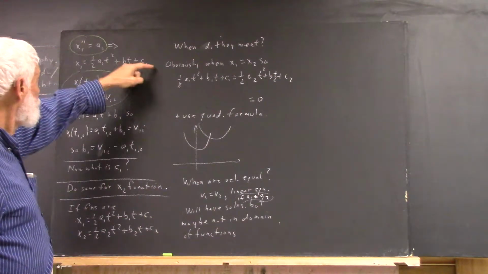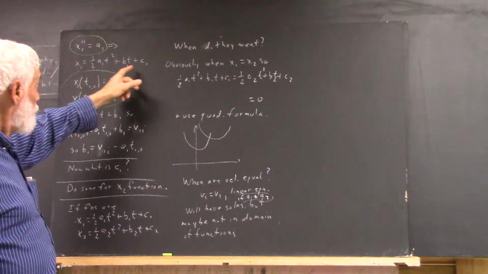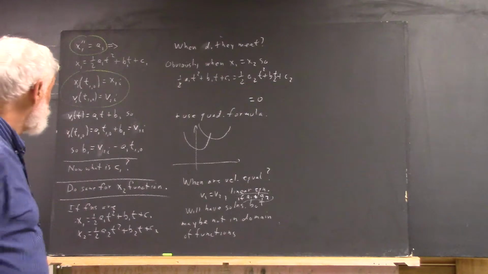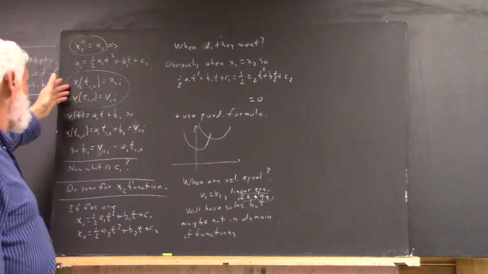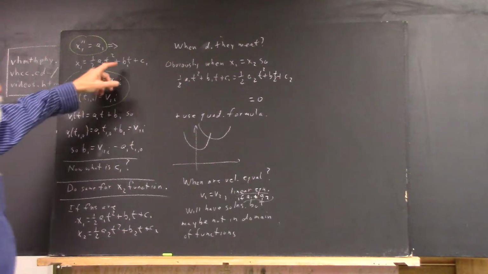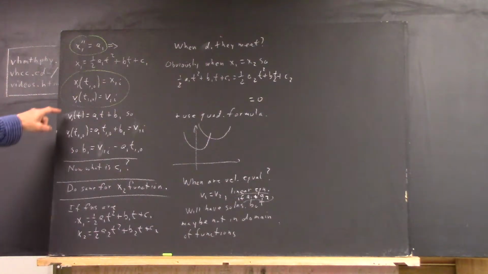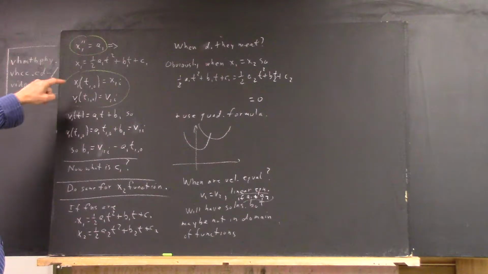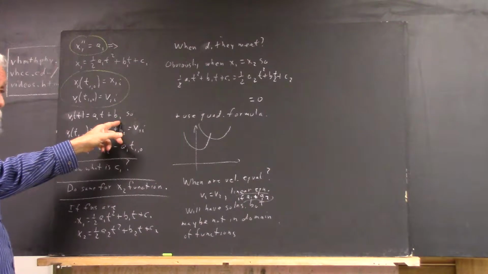This implies the quadratic relationship, and I'm not going to use a v naught or an x naught here because those quantities weren't given. And it might be confusing to use a v naught and an x naught when we've got an x1i and all that stuff. So I just use b1 and c1. The derivative of this, of course, is this. So v1 of t is a1t plus b1,